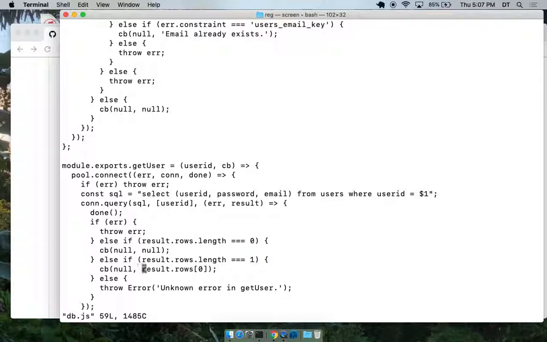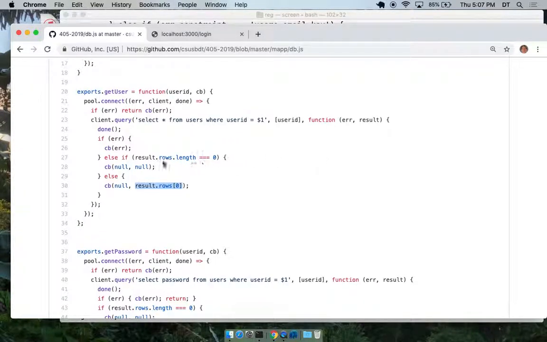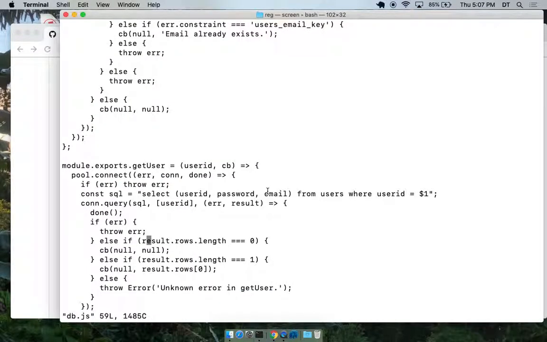But it doesn't reach here. So this result.rows.length, if it equals 0, then it's this. Where user ID is 1.